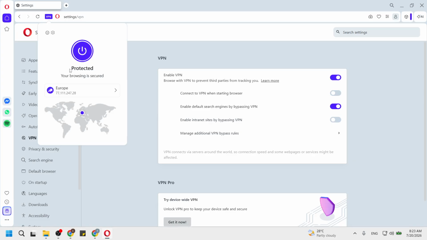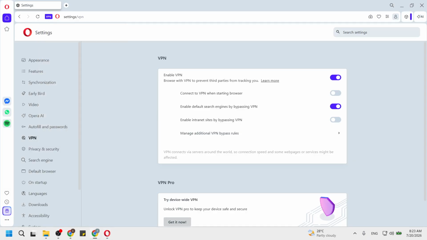Changing your location in the Opera browser using the VPN feature is a straightforward process. Each step builds upon the previous one, ensuring you have a secure and smooth experience while browsing online. You can always revisit these steps if you need to switch locations again in the future. By following these instructions carefully, you can enhance your browsing experience and access a wider range of content. Remember, using a VPN is not just about changing your location, it also protects your data and privacy while you are online. Now you are equipped to explore the internet safely, no matter where you are.